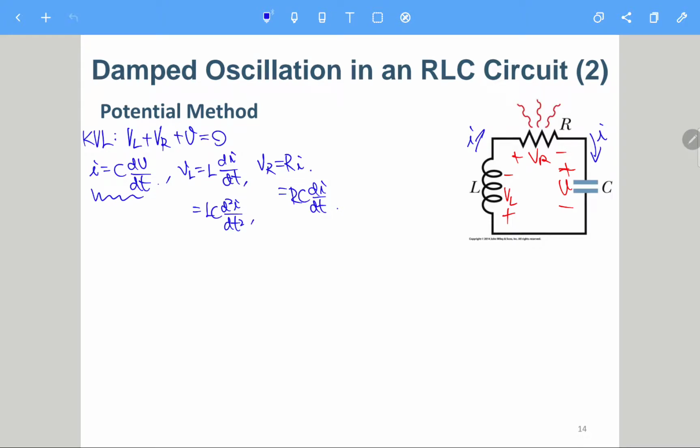So in this case, we can substitute this one and equations 1, 2, 3 into here. So we will have VL is LC d²I/dt², and then plus VR is RC dI/dt, and then V is